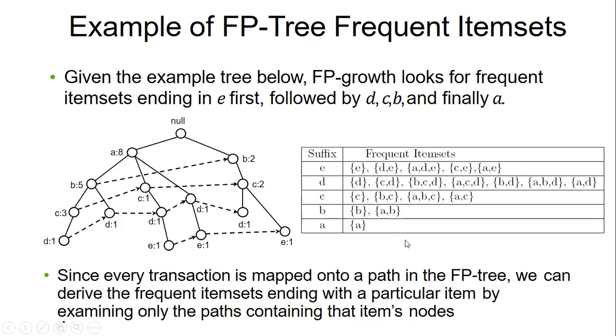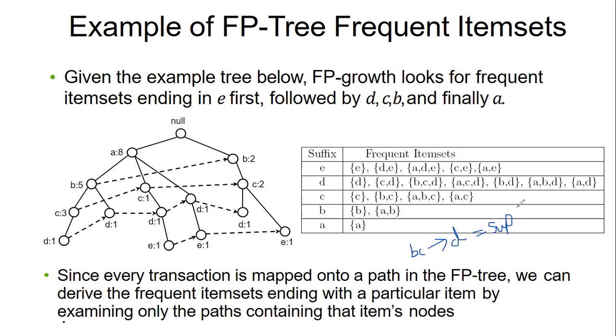Once the frequent itemsets are generated, what is the second step in association rule mining? We have to find the strong association rules. How to do it? In Apriori I showed you. So you take BCD, and to find the rules, take BC tends to D. So we have to find the support and confidence.